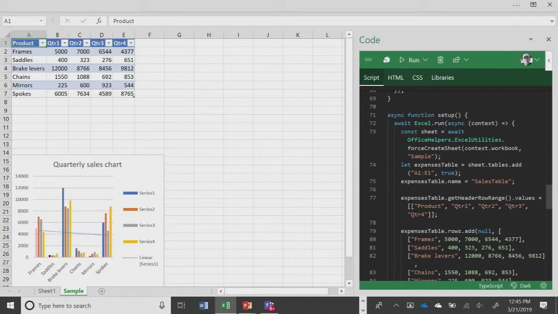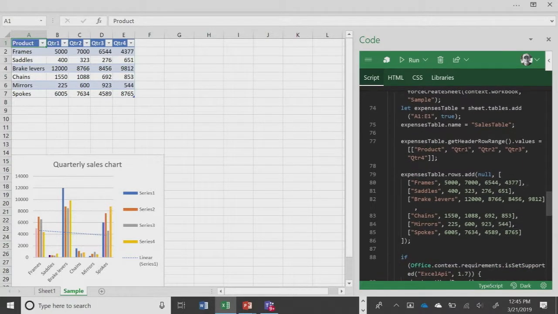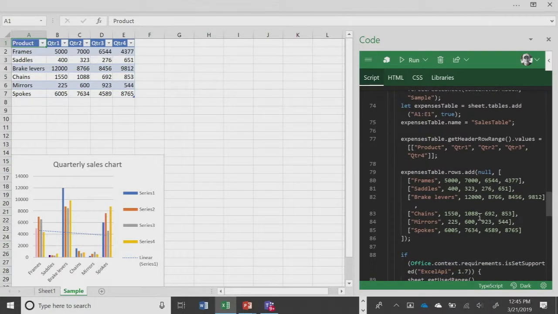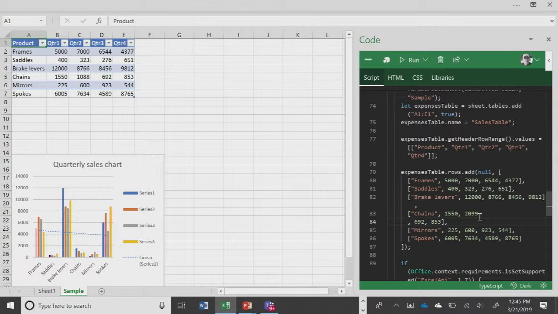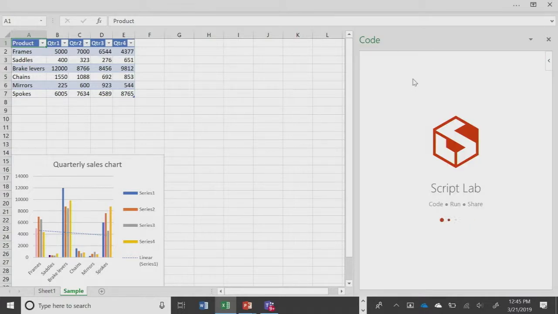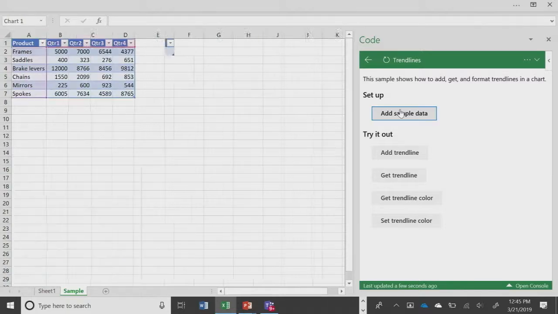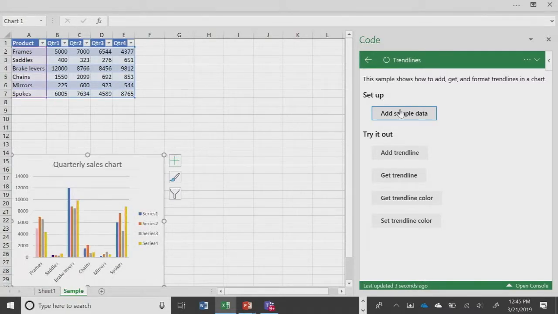So you can just go through this, and let's say there's the values. Just for example, if I wanted to change 1088, which is their next change chains, I can do that and then run it. It should just change that when it adds the table to 2099. But the point is, everything that I do right in here, let's go back. Yeah, so there you go, right? So now it says 2099.